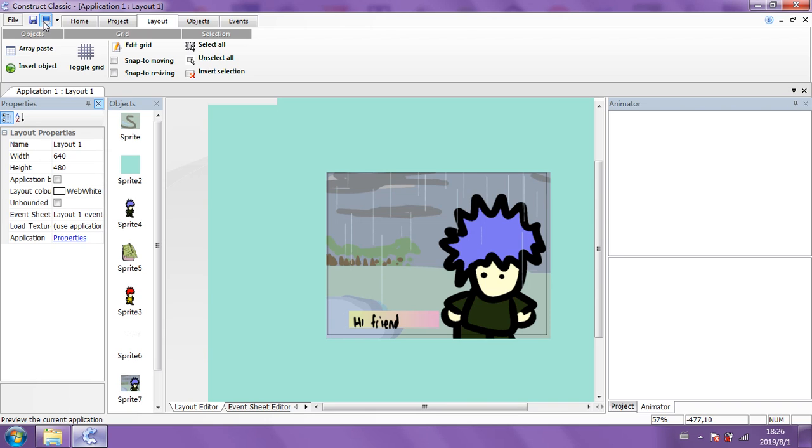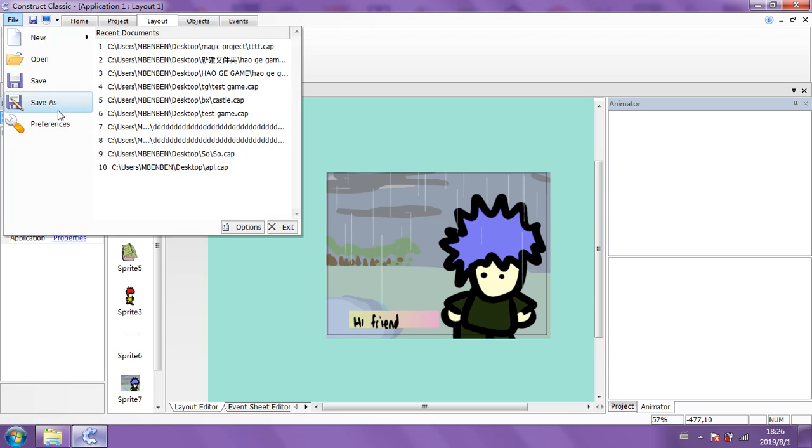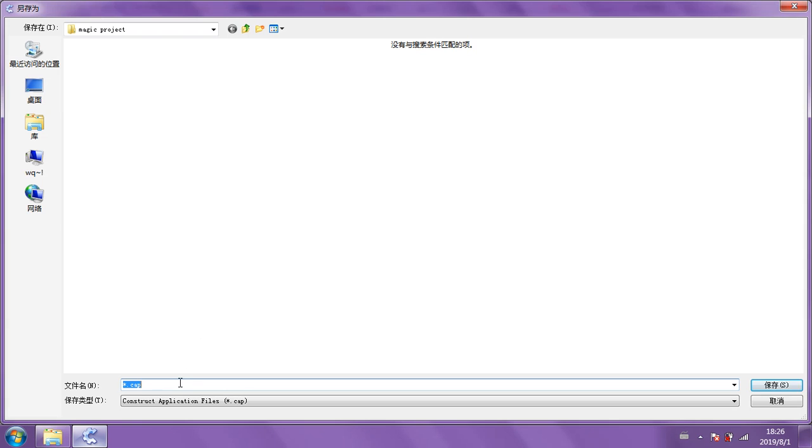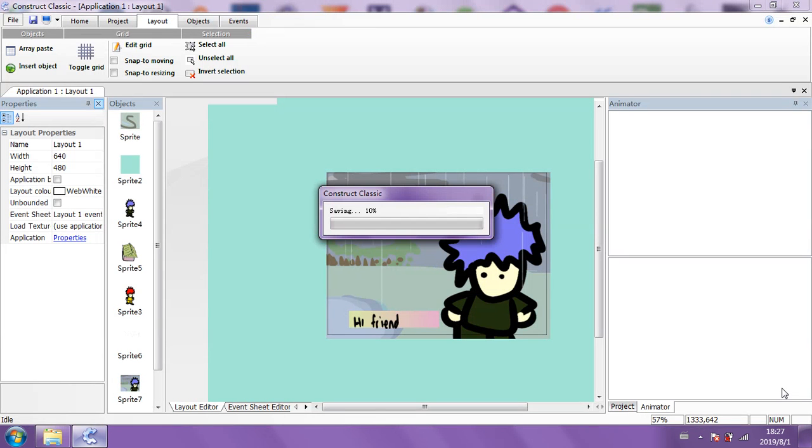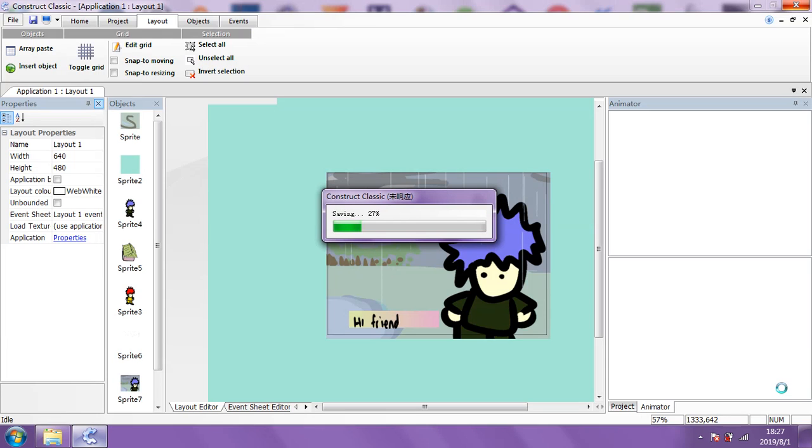What I am going to do is quickly save this project, file save as. I should have done it earlier on. I'm just going to call it TTRR, and I've called the project folder Magic Project, but whatever. Okay, it's the same thing. Saving the project, and I'm going to give it a test in a moment. There's no music or anything. I've not saved the game yet. I've not exported it as a game. I'm going to test that in a moment.